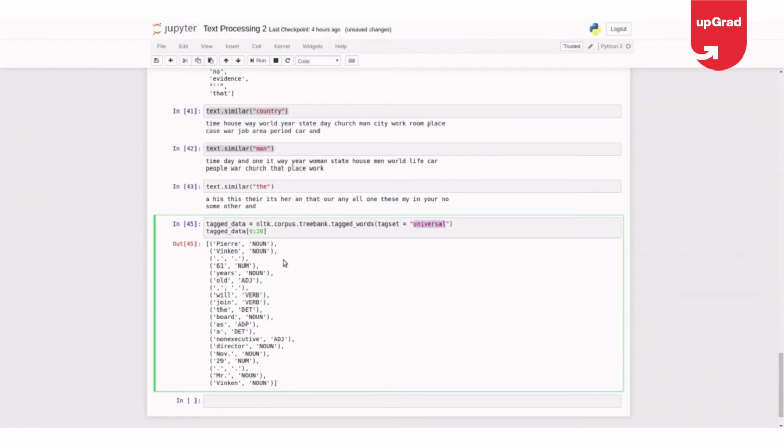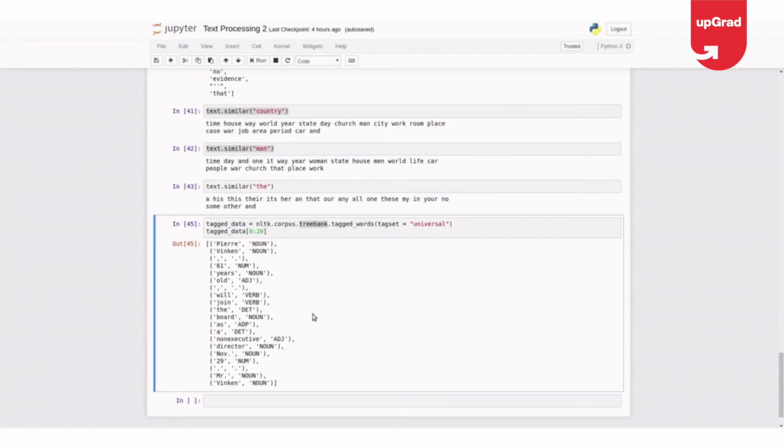So if you open this tagged data of the treebank dataset, these are the top 20 words: Pierre Vinken, comma, 61 years old, comma, will join the board as a non-executive director, November 29th, Mr. Vinken. So it has given the tagged words: noun, dot, num, noun, adjective. So you can analyze this and check it out.